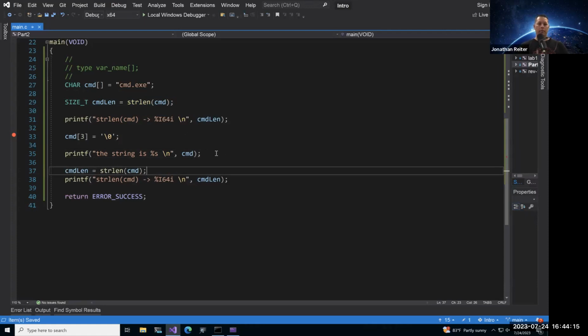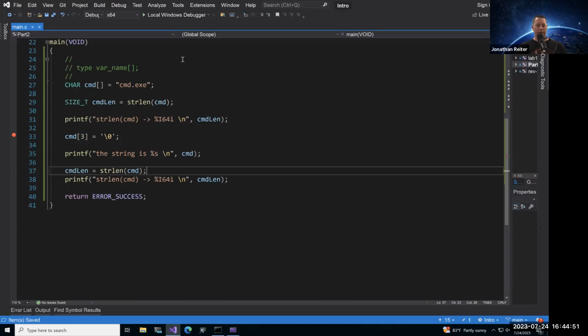And then just going to pause a little bit just to make sure y'all can catch up. I think I was moving a little bit fast there. Okay, so again, coming into index 3, which is where the period is, and instead of doing a double quotes with our backslash 0, we're using single quotes. Okay, so getting the actual character here. And then a printf of the whole command. And update, we're going to call str length again, because we're expecting this to change. And I'll go ahead and print that out.